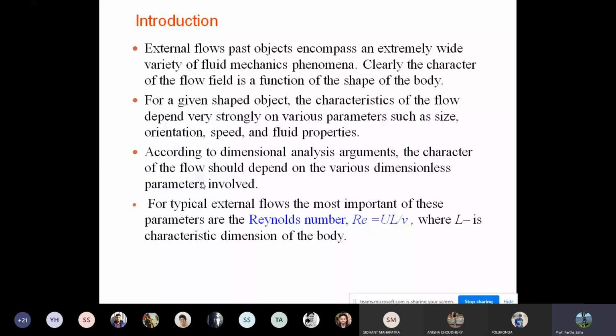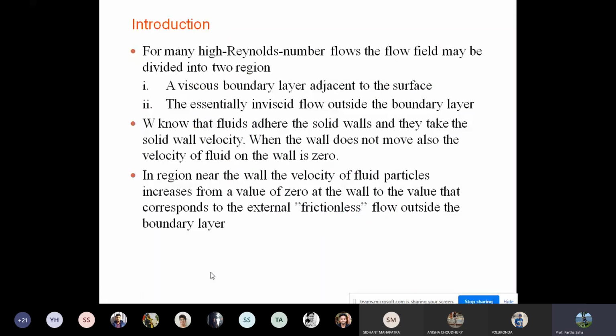But when a fluid passes over a flat plate, the Reynolds numbers are different for the criteria of laminar region and turbulent region. We'll see within a few minutes how Reynolds number varies when a fluid passes a solid plate. So what happens when the Reynolds number is very high, in the order of 10 to the power 5 and 10 to the power 6? A viscous boundary layer forms adjacent to the solid surface. Okay, and beyond that there is a non-viscous region, which is known as the inviscid region or inviscid flow.